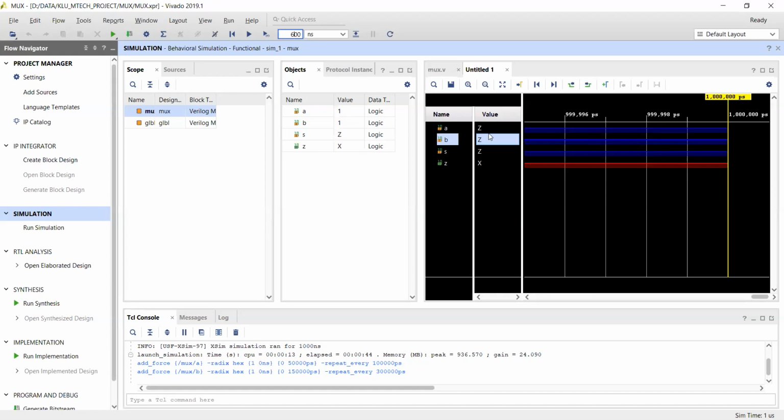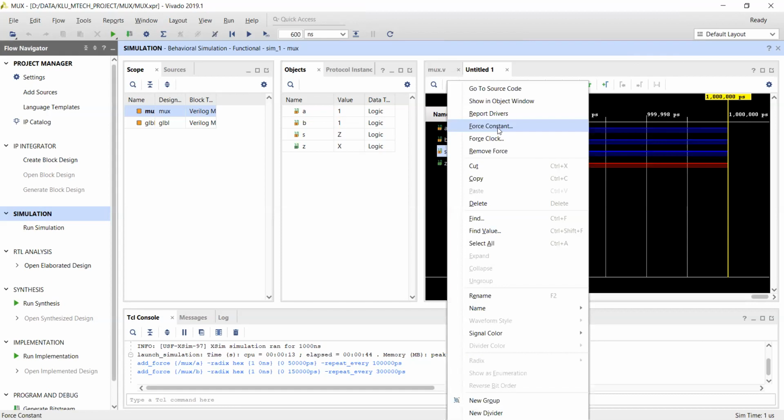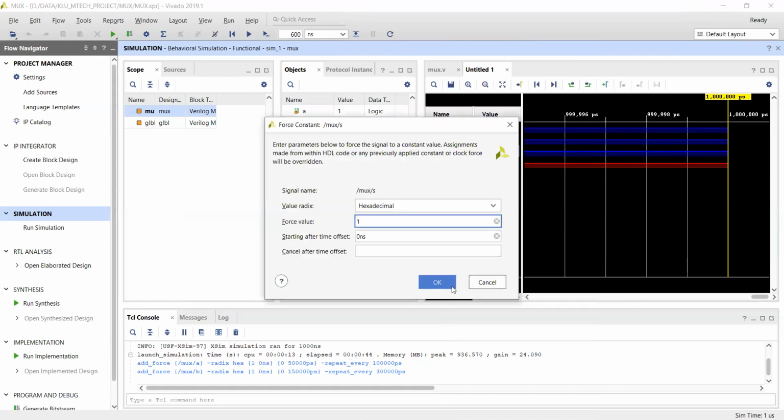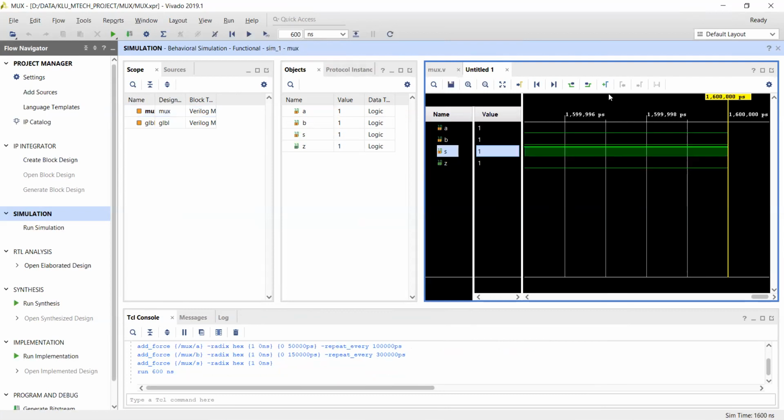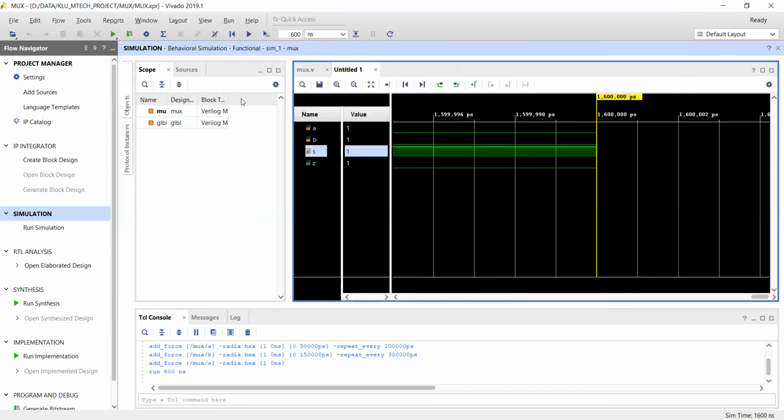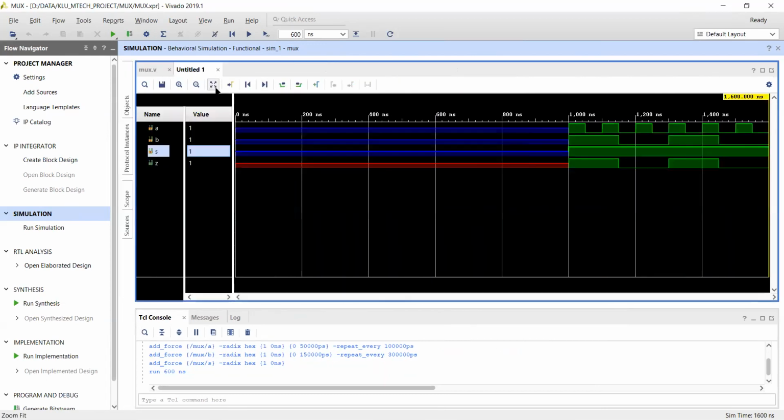For S, I want to give either 1 or 0, so I make sure that force constant is 1. Initially I'm giving 1. Then I click on run for a time interval of 600 nanoseconds. If I'm running 600 nanoseconds, then see how the output looks.